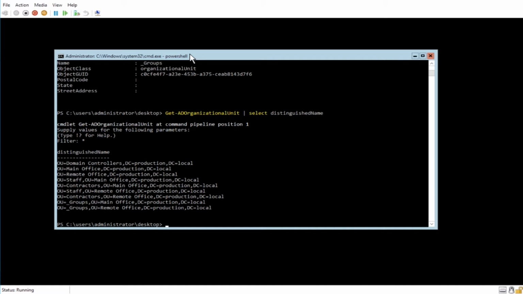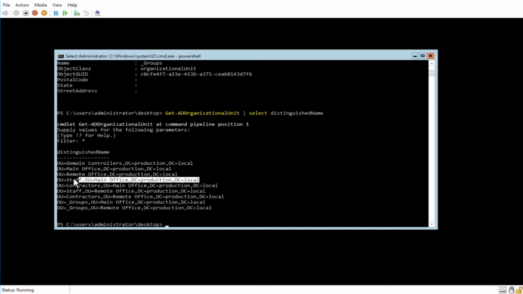So I have 9 OUs in here. I have my domain controllers, and I also have the main office and remote office in the root of production. And then inside of main and remote office, I have staff and contractors each, as well as a groups OU. And I have an underscore before that, and I'll show you the reasoning when we get over to the